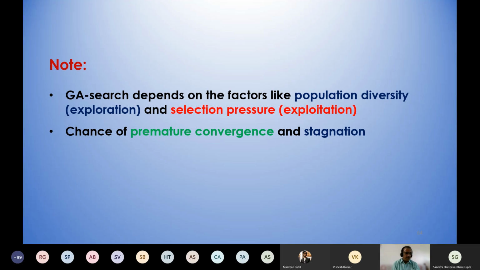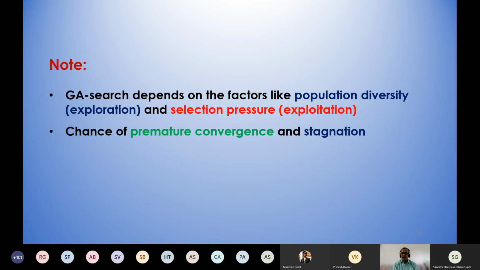Now, once we know these particular probability values, we can sort them in the ascending order of their probability values. So if you do the sorting of these GA strings according to the ascending order of the probability values, the second string has the lowest probability, followed by the fourth string, that is 0.2, followed by the third string, that is 0.3, followed by the first string, that is 0.4.